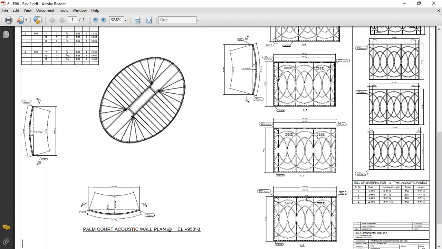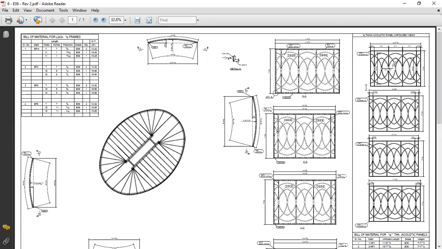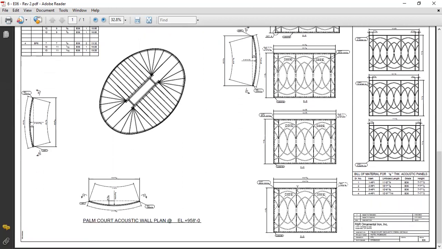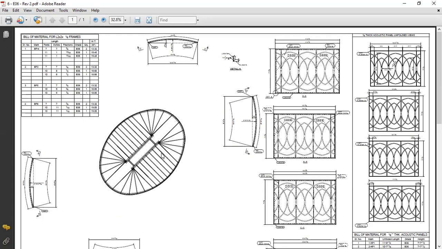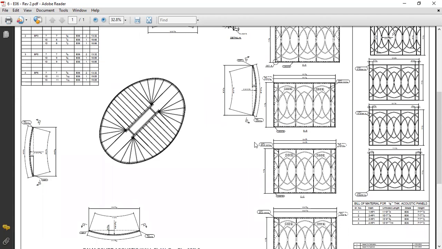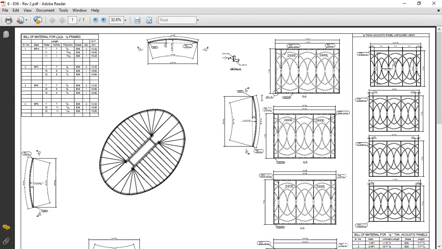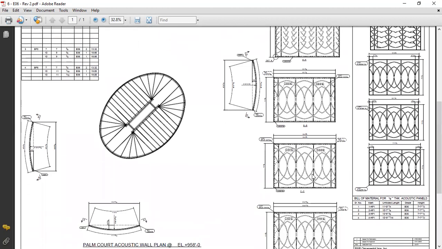This is a different kind of project, where we have listed all the assembly drawings as well as the erection drawing in one sheet. Generally this doesn't happen in all projects. Generally we have a separate drawing for the assembly drawings and a separate drawing for the erection drawing. We will not have assemblies listed in the erection drawing, right?